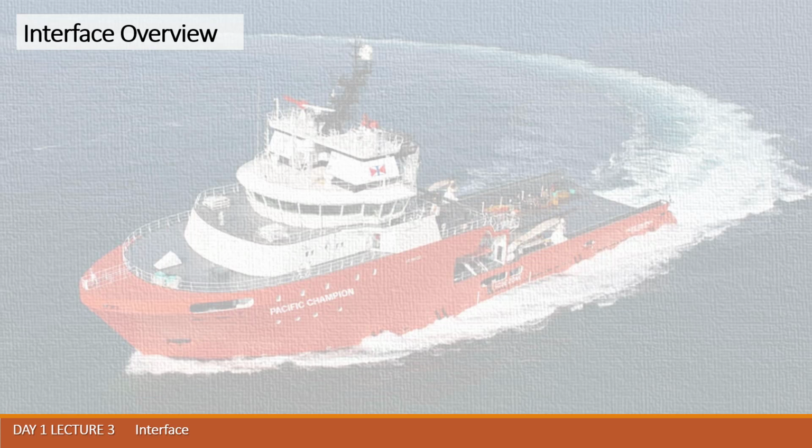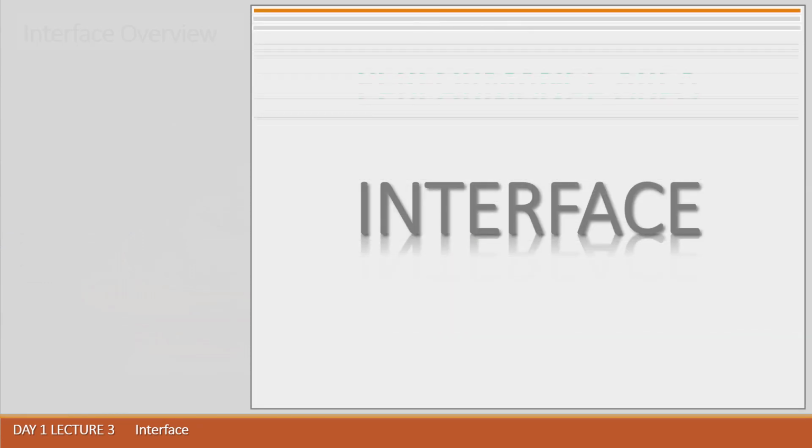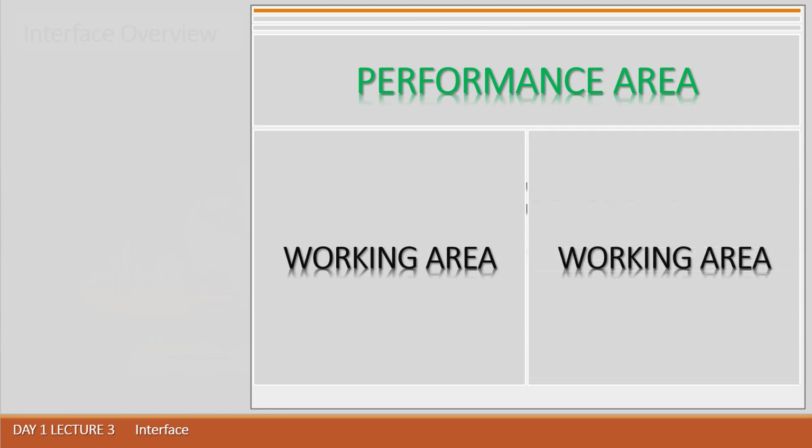So let's check in details the interface zones. The general arrangement now appears on the screen. We are already familiar with the general appearance of the interface, and let's find out more small details concerning our interface. I remind you that we have three lines from top, then performance area, working area, status line, status bar, and